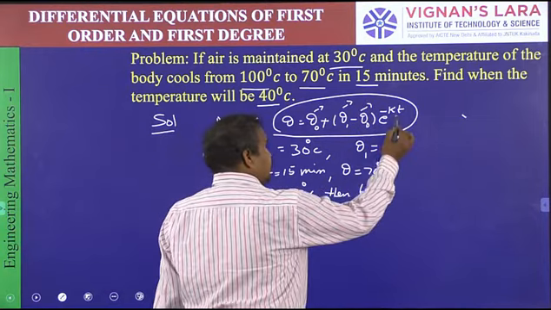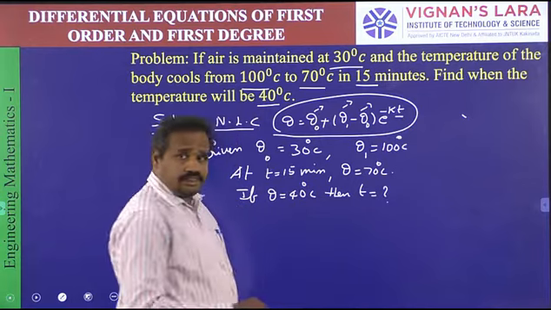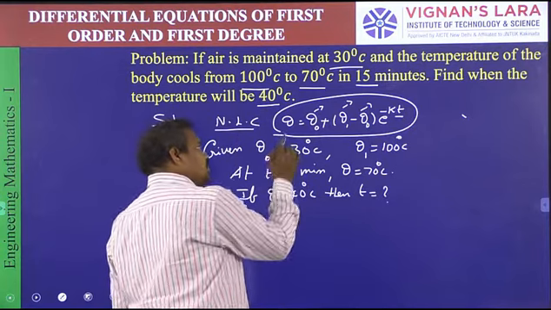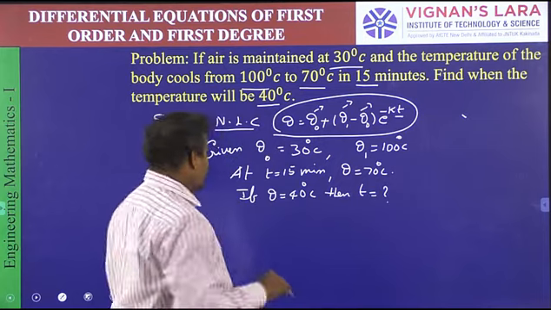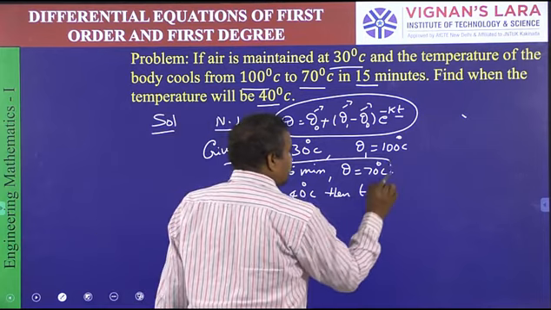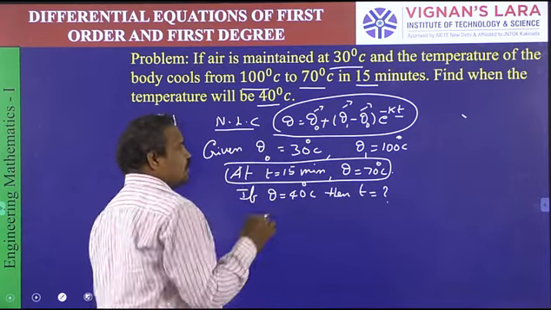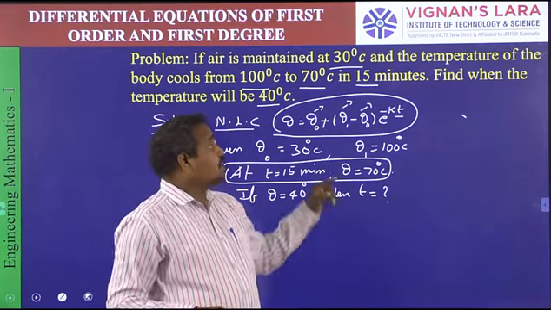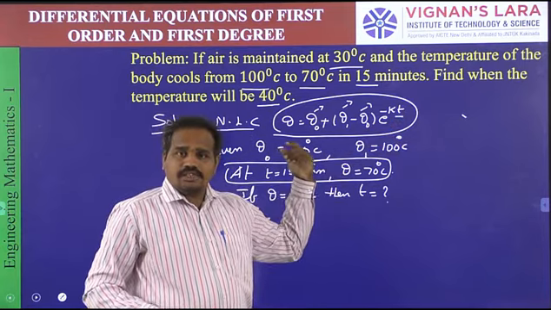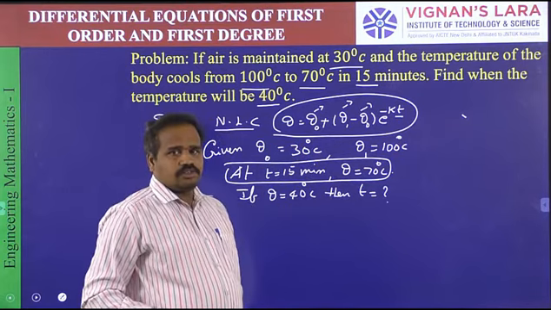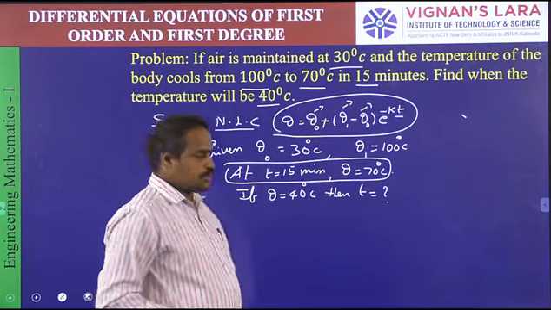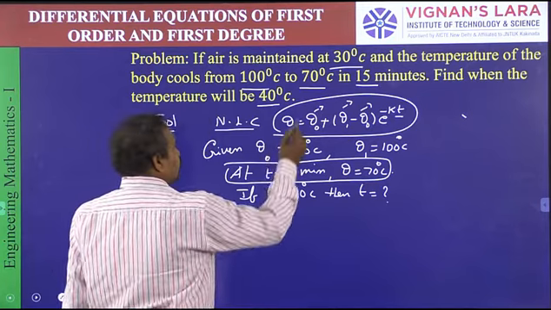Here, if you know the t, we will calculate theta. If you know the theta, we will calculate t. That means only one condition is required, the condition given here. So with one condition, we will calculate either t or theta. Then we will use this one. One condition is enough for this one. So apply this rule in that.